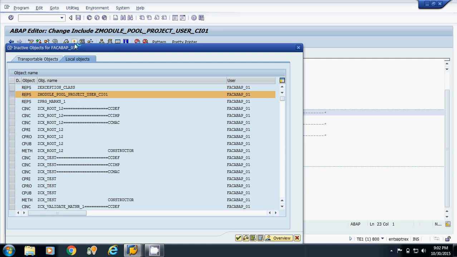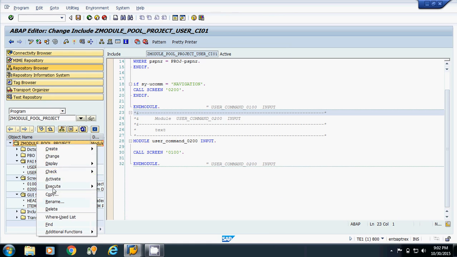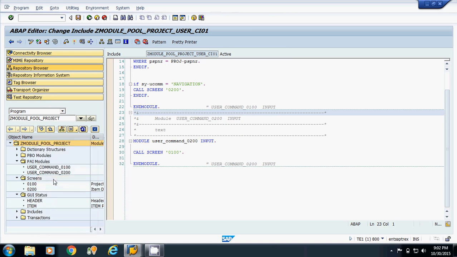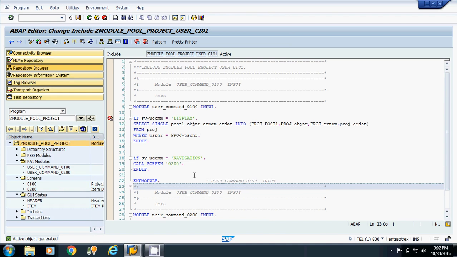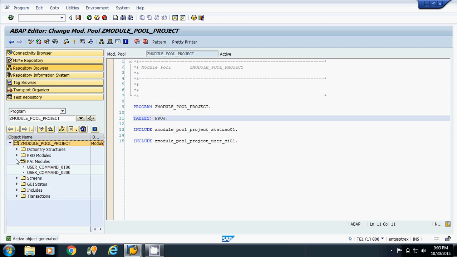Now I am activating this whole module pool. Now in the tables tab you also have to mention this Proj. Now I will check for the syntax. I am activating this. Now I will run this.